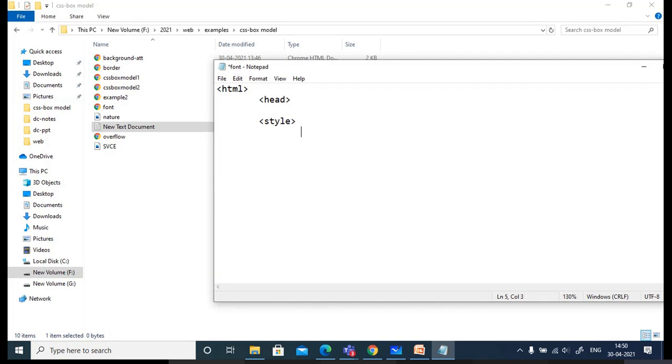Now I'm going to apply this style to which element? I'm going to apply it to the paragraph. Open the curly brace. Okay, font family, colon, and the value for this is Arial, comma, sans serif.